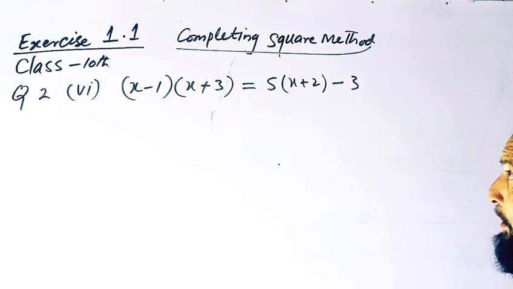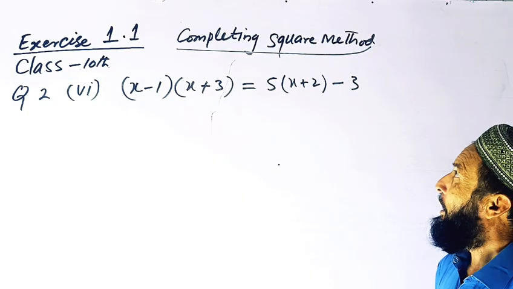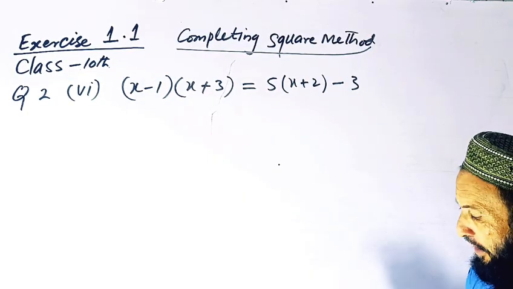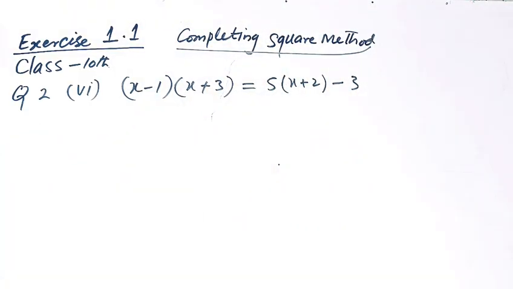Hey, welcome everybody. Today we have exercise 1.1, class 10, TPK board, completing the square method. We are trying to solve by this method. First of all, we check the constant value, and here in this equation first of all